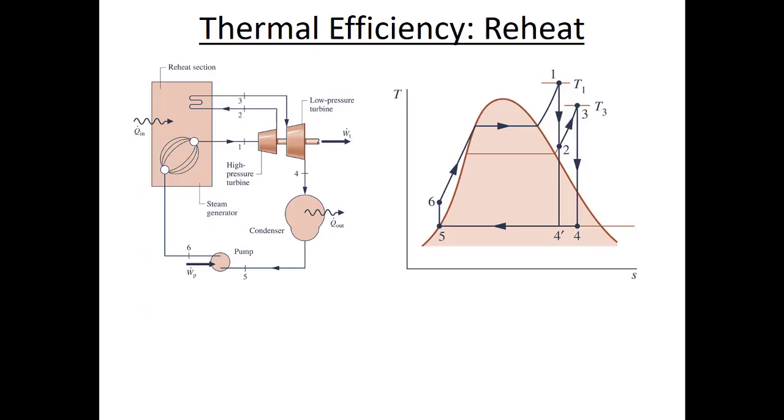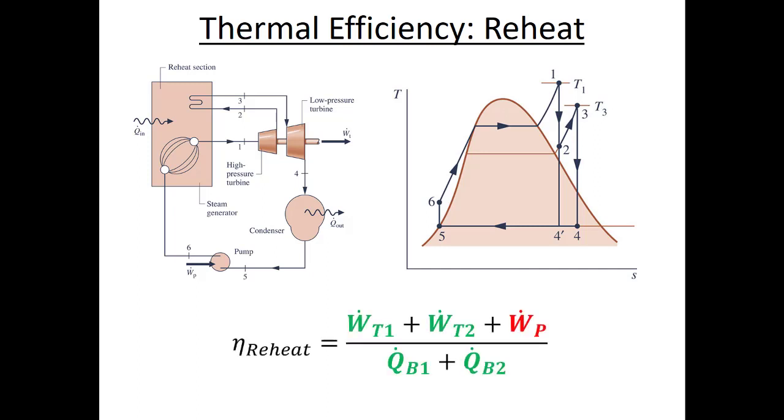Now this is in the textbook, so maybe we have some idea how it's going to turn out, right? I don't want to spoil the surprise here, but thermal efficiency will increase, right? So we know that the thermal efficiency for these heat engines is going to be net power divided by heat in. And in this case, because we have 2 turbines and a pump, the net power is the sum of the 2 turbines plus the pump power, which I know is negative. And then we're going to divide by the 2 places where we're adding heat.